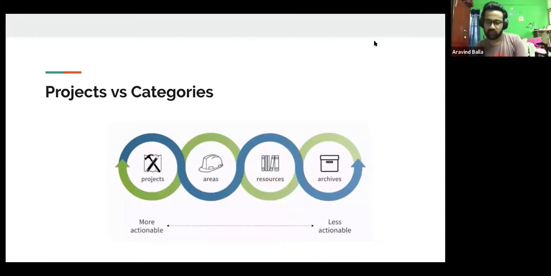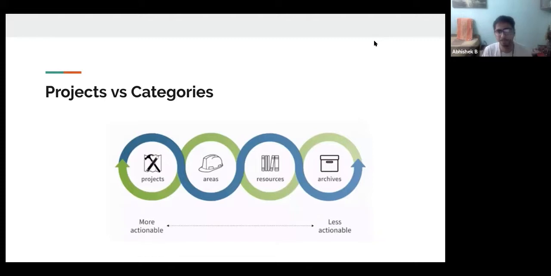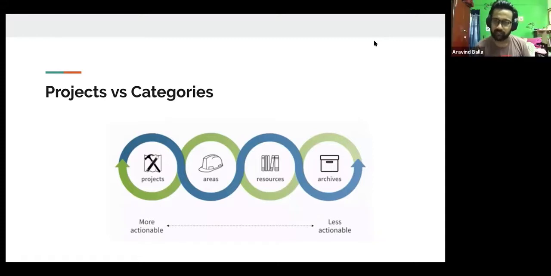And I have another area called learning, where the projects are the courses that I take up, or the technologies that I'm interested in. If I'm not currently working on a project anymore, that is the time when I move it back to the archive. So projects specifically contain things that you're currently working on.